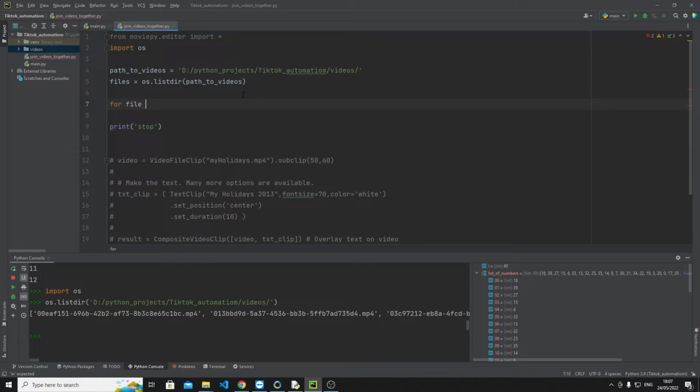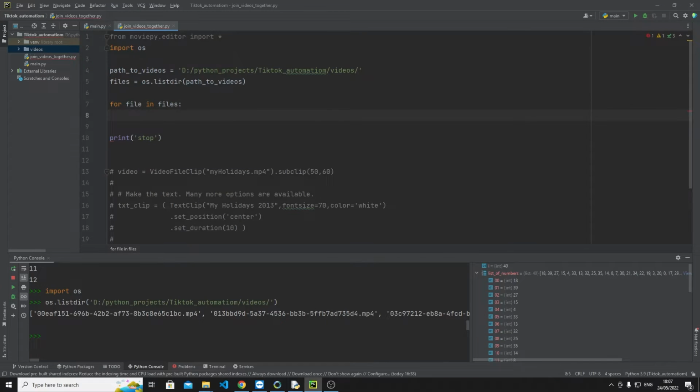Was a for file. So firstly, let's pump them all into a video clip, because we have to load them in memory to work out what the sizes of them are. So we'll just go through every file in files, and then we can say